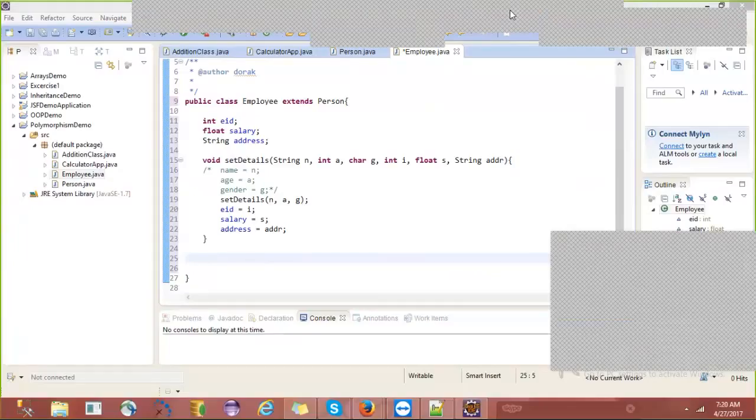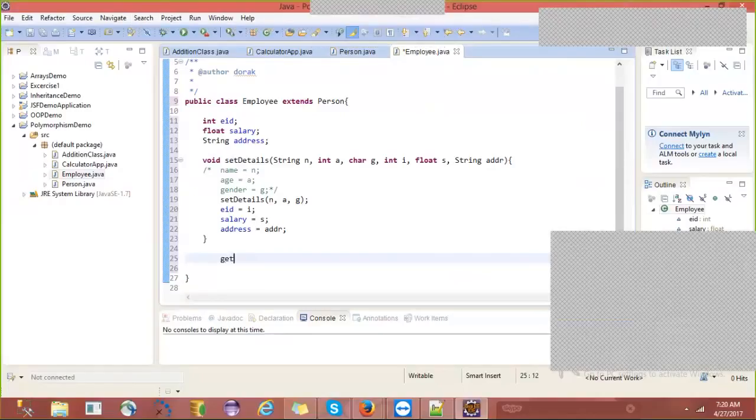So, how do we write? Void getDetails. So, how many parameters do we need to give in getDetails? Yes, getDetails we need to write.